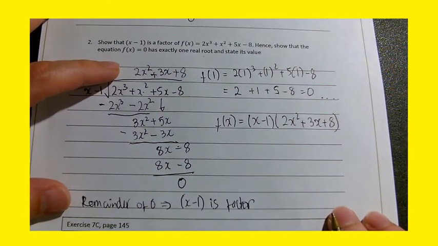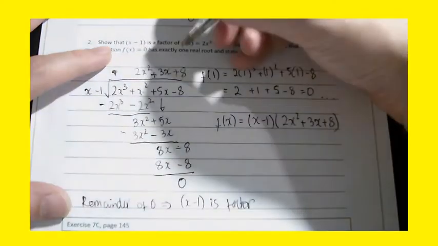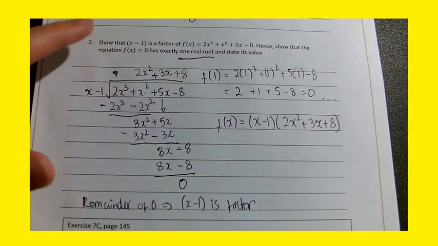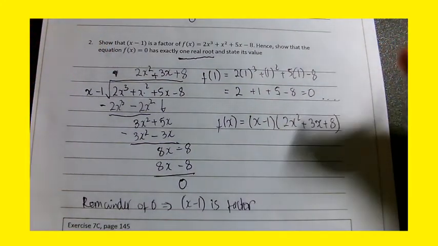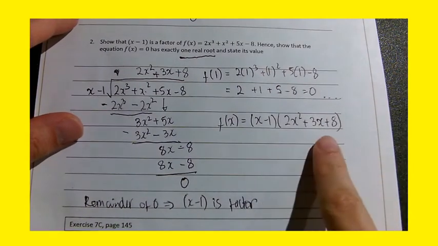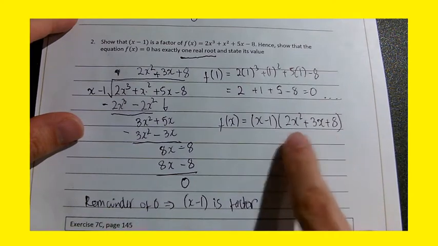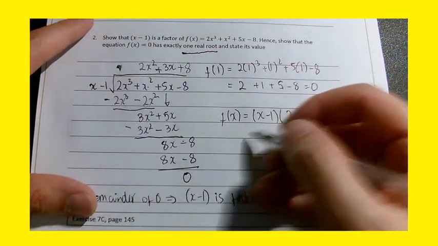Now, if they're saying there's only one real root, then where have we seen that sort of statement before, one real root? Well, you can sort of think about quadratics. If we have a quadratic equation here, we can test how many roots it has by applying the discriminant. So if we apply the discriminant on this quadratic,